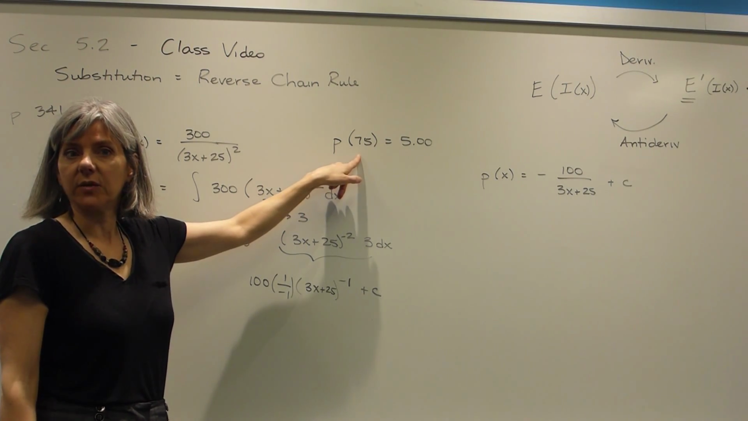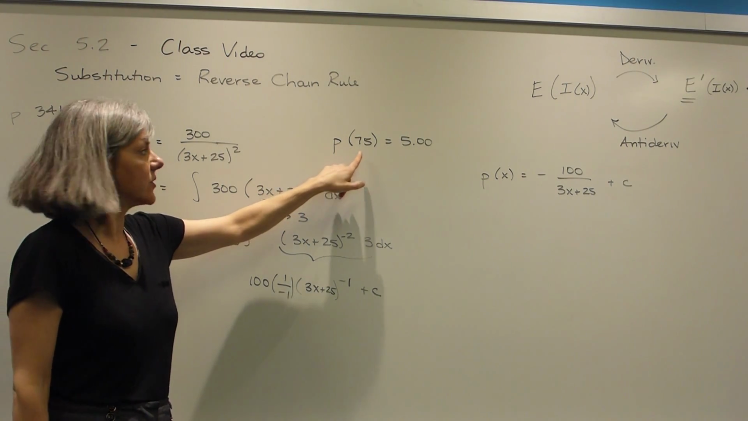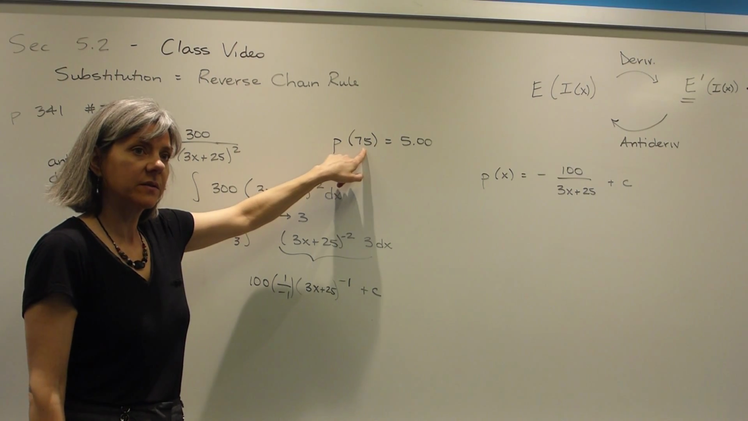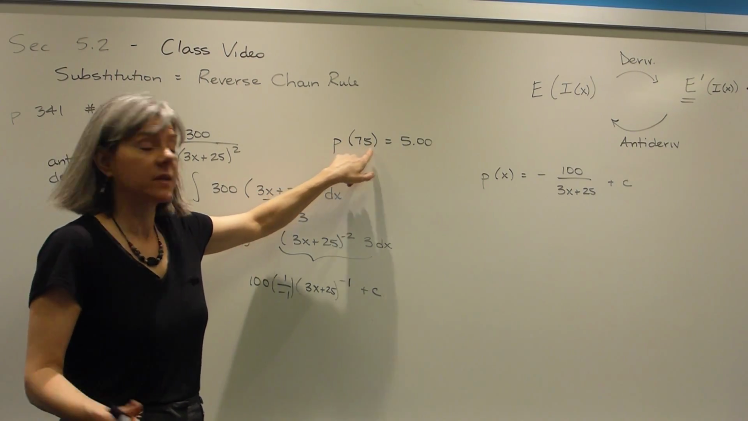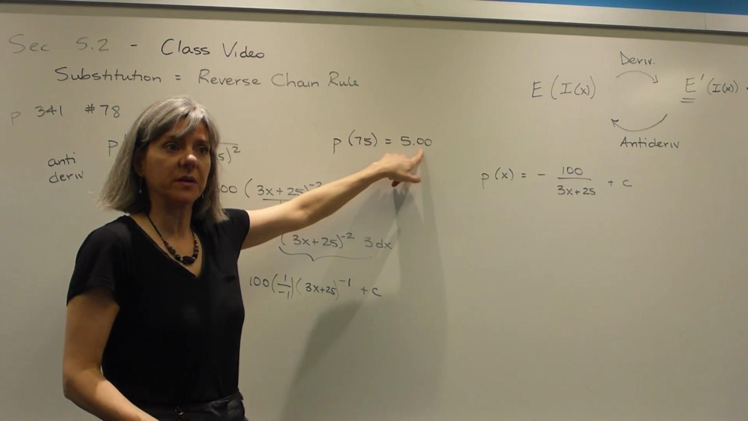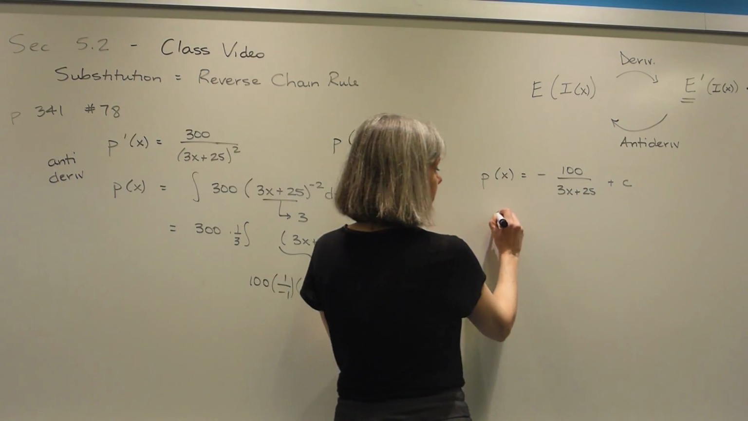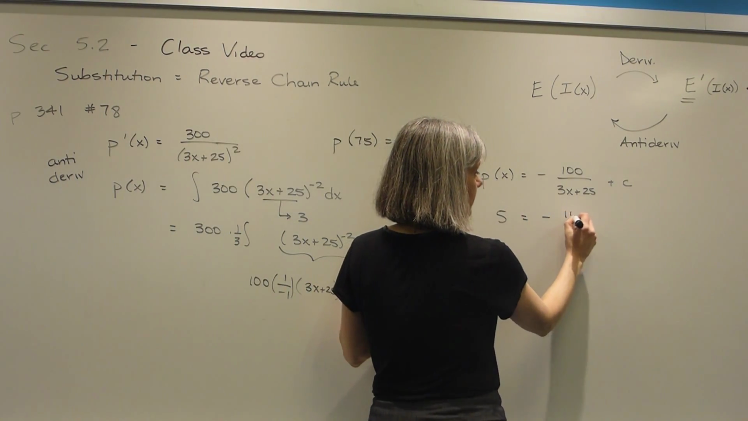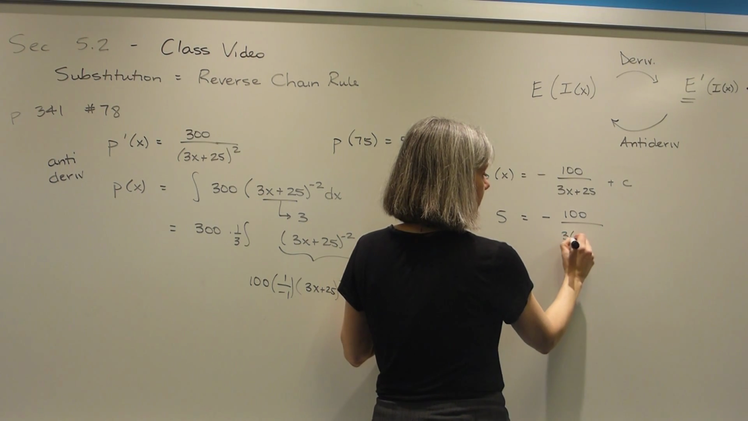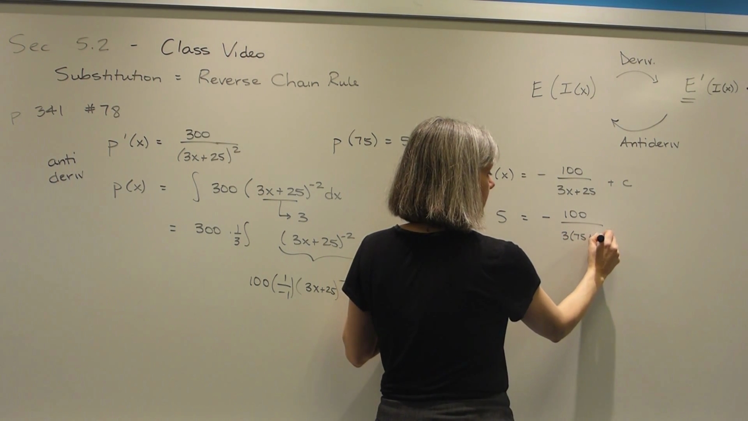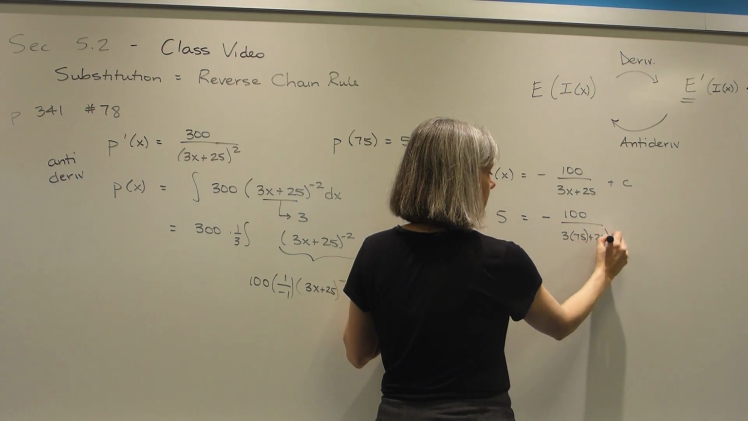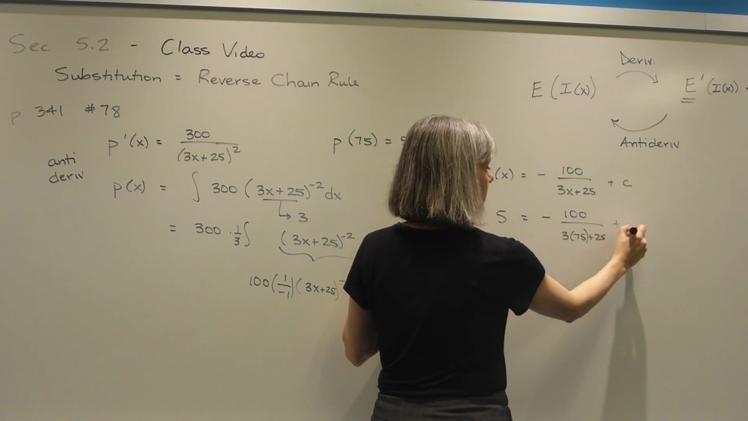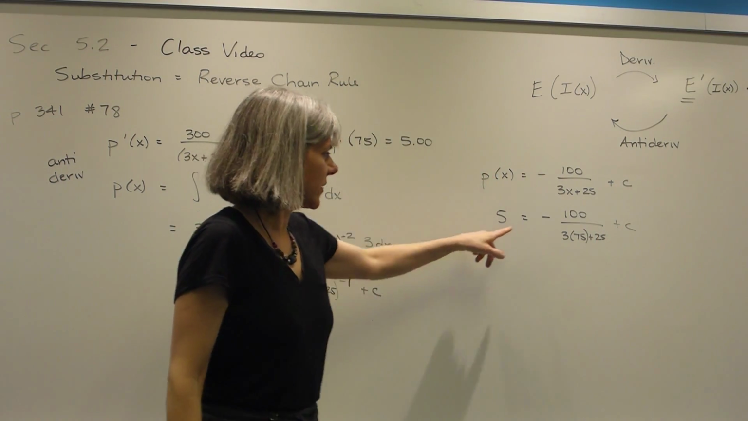I need to find c. Do I have enough information? Yeah. So this says plug in 75 for x, because x is the number of bottles, and 5 for p, because p is the price, $5. So I'm going to have 5 for p, 3 times 75 down here. Oops, get that right. And then I just need to solve for c. So 100 over